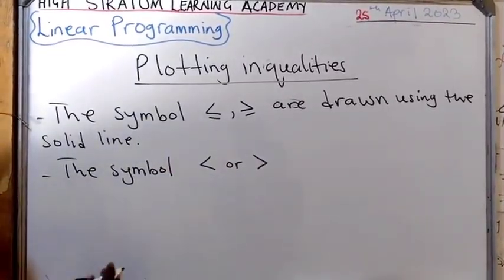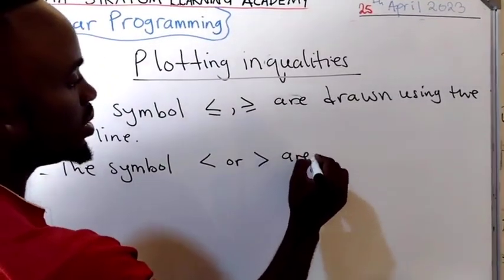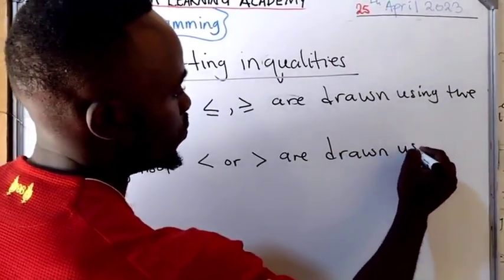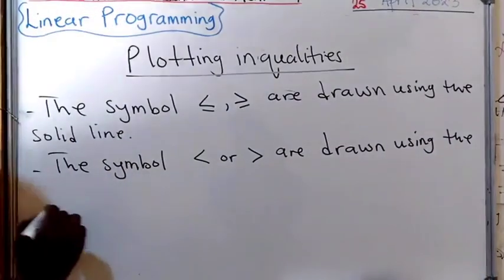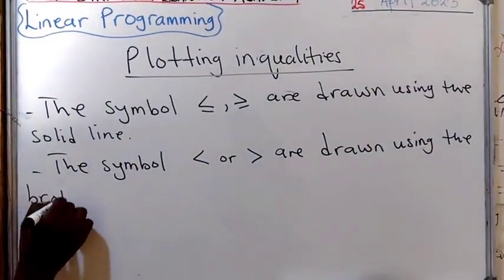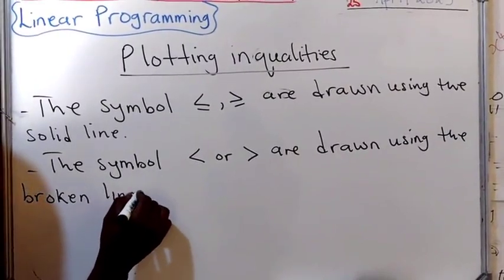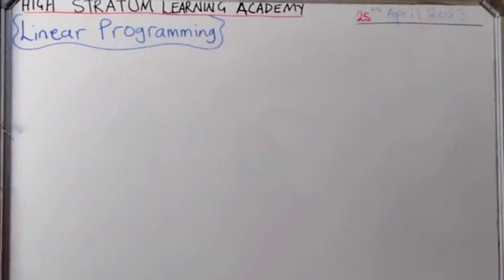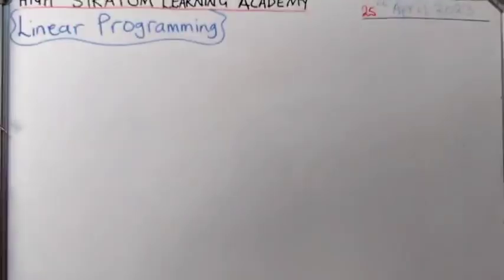So these are drawn using the broken lines. All right, so having understood the type of lines that we can use when we are plotting inequalities,